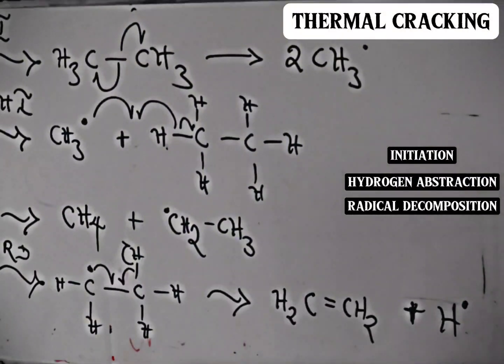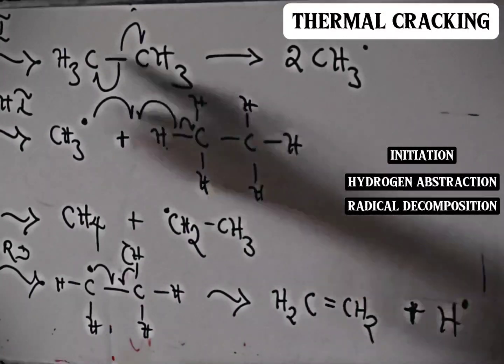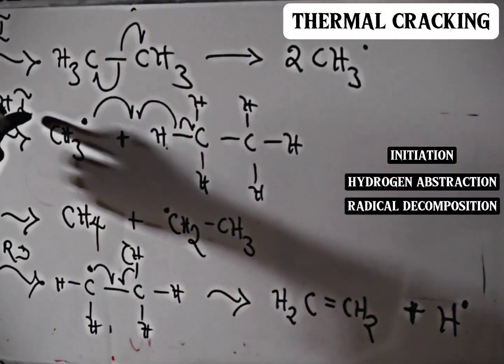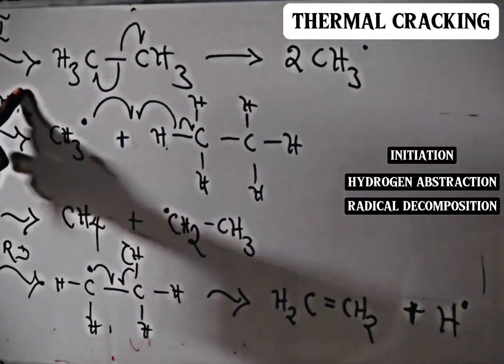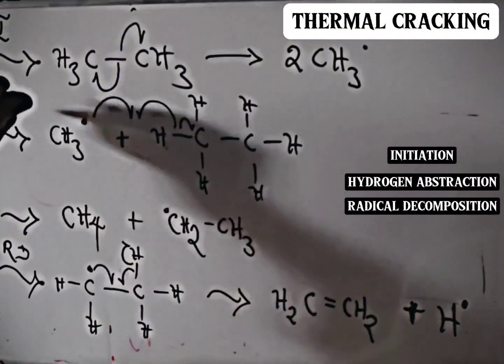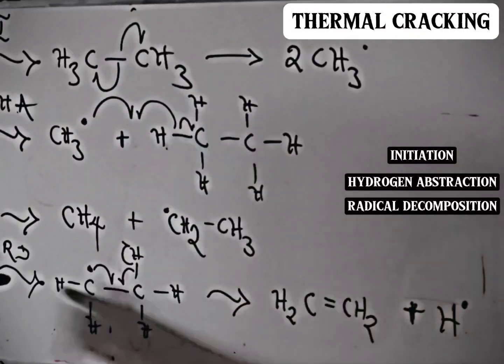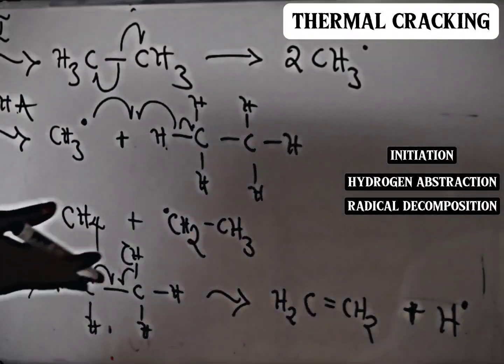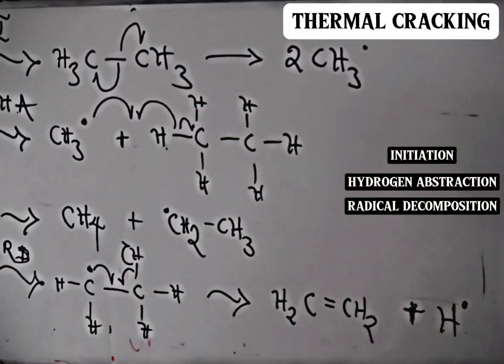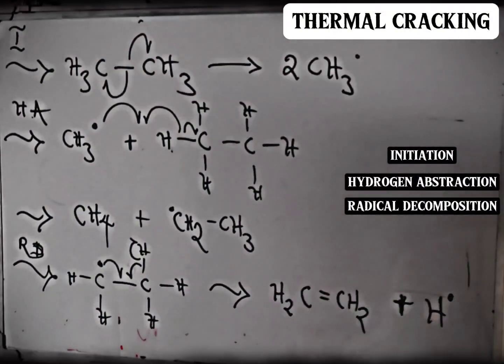Can you see that? So we have initiation, hydrogen abstraction. This is hydrogen abstraction, okay? Then this is radical decomposition to yield the olefin. Essentially, this is how the olefins are being produced by radical decomposition in thermal cracking. Precisely, this is steam cracking, okay? So the next stage is